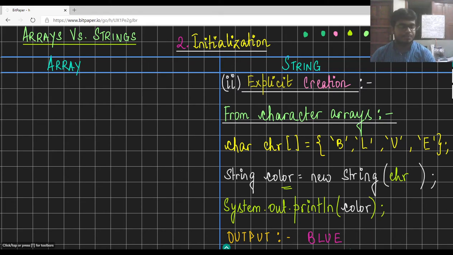And knowing this, you could, for example, reduce your program size from using a for loop to just using this line. For example, I'm going to cover a few programs next where we would require to convert a string to a character array, do some modifications in the array, and then reconvert the character array back to a string. So there, if we know the explicit creation of a string, then it would basically save us writing a for loop, right? So this was creating a string from character arrays, right? So let's